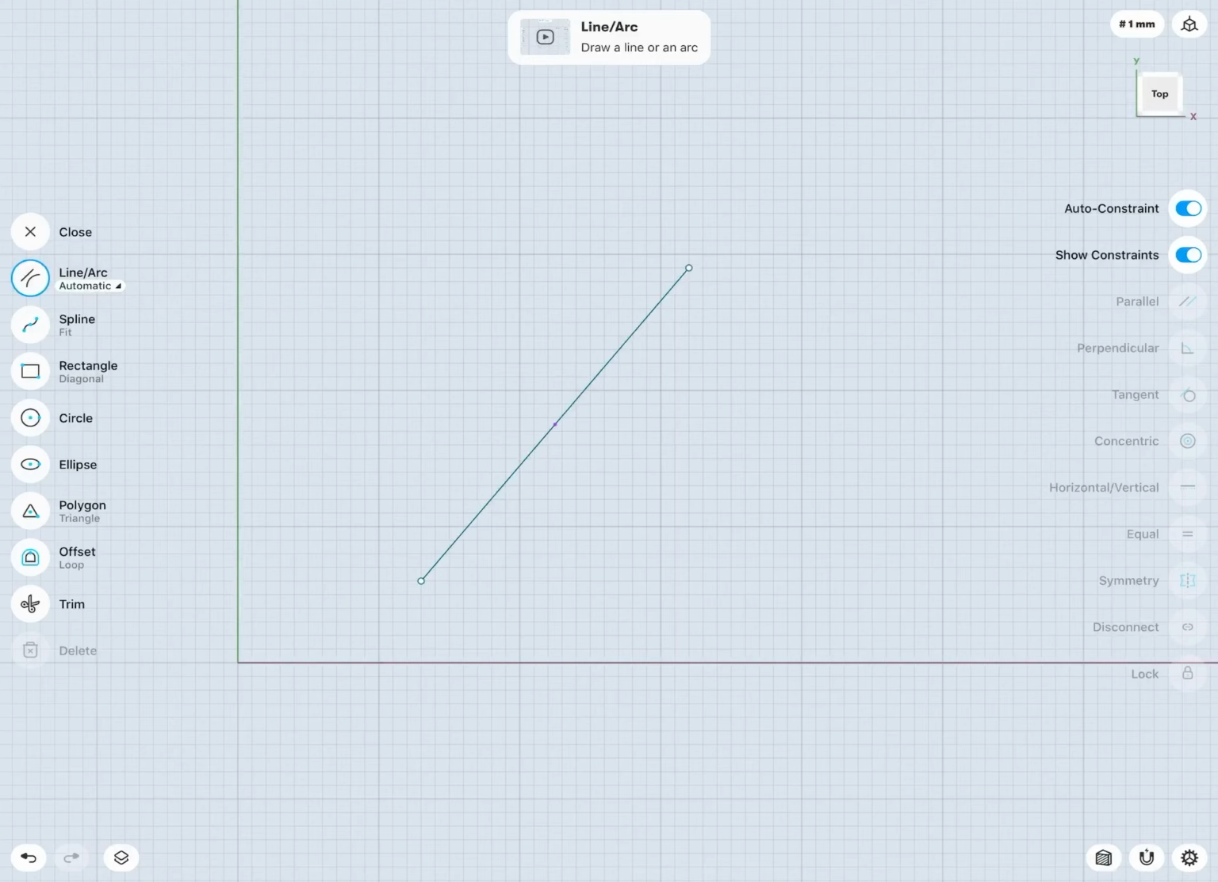Constraints, as the name suggests, are used to constrain or fully define our sketches. And this will be a very important concept in creating and finishing off our sketches and designs. Now, in many cases, we may want auto constraint turned on, as this will help automatically throw in constraints. But for this lesson, I'm going to just turn that off,